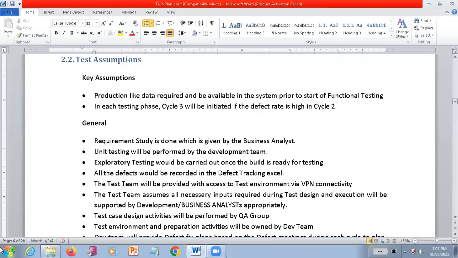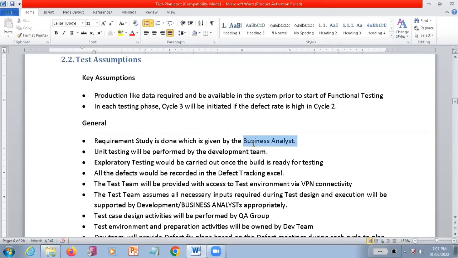In some projects, unit testing should be done by the testing team itself. But in some projects, unit testing is done by the development team. That's what I told you, right? In this particular project, they specify that unit testing is performed by the development team. Requirement study is done by the business analyst here.